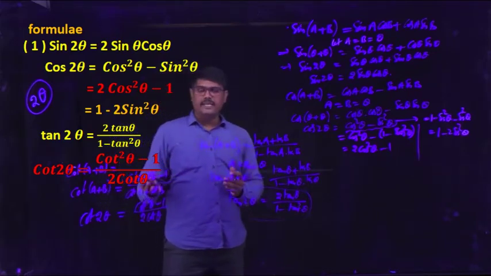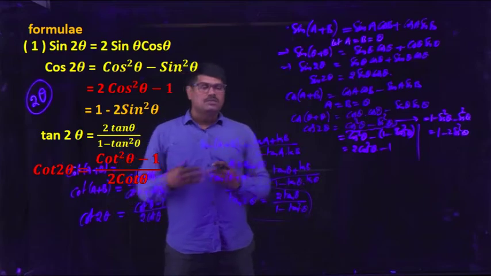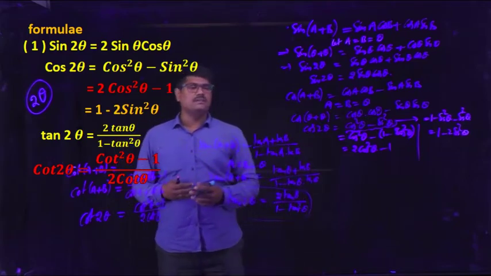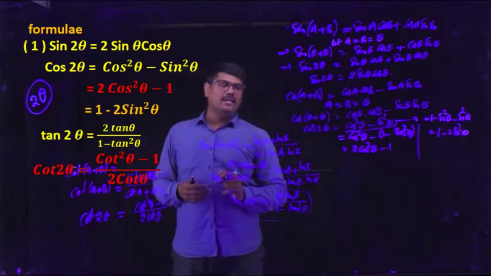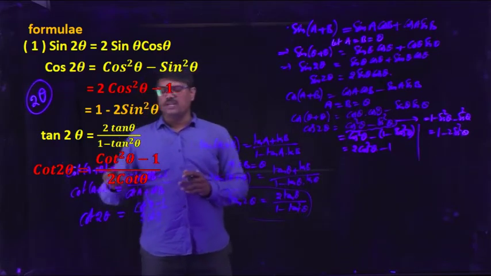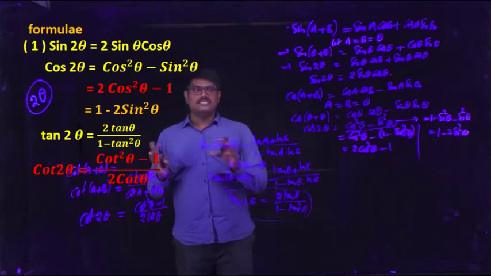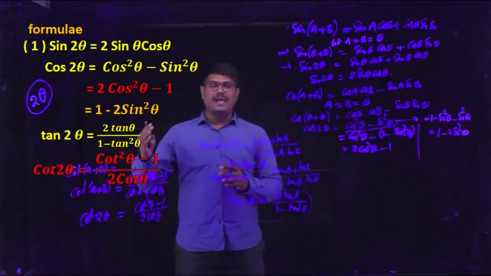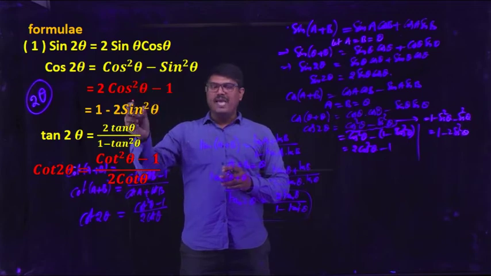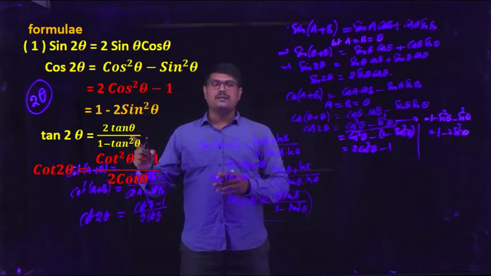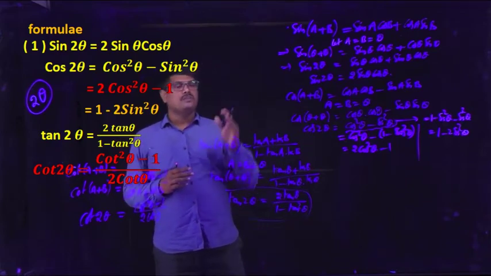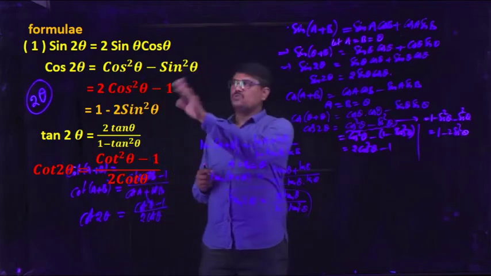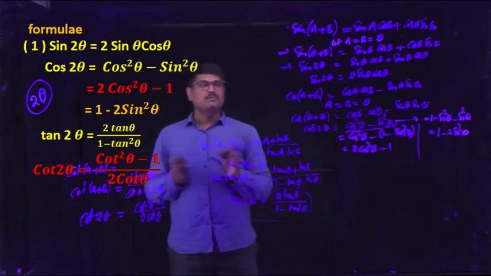If you need the formula of cot 2 theta, if you can remember tan 2 theta, you can use it. Cot 2 theta is nothing but 1 by tan 2 theta, so then you can go in terms of tan. Later if you want to get the formula for cot, replace tan theta with 1 by cot theta, so you will be able to get the formula. So these are the formulas of multiple angle 2 theta. For the angle 2 theta, what are the formulas of sine, cos, tan, cot? You have to remember all these in both directions. From LHS to RHS and RHS to LHS, you have to practice in both ways.